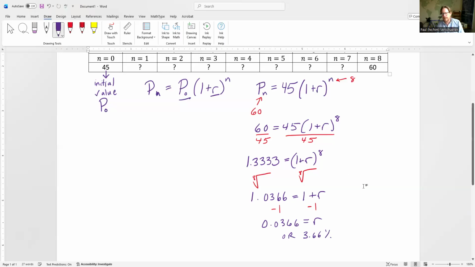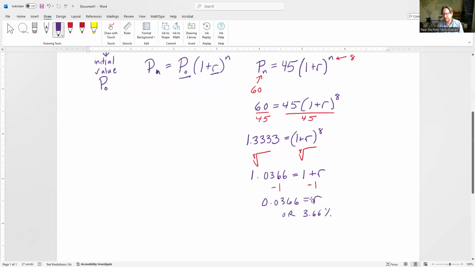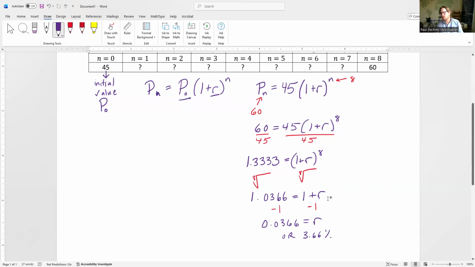We've already talked about decimals to percent, so multiplying by 100 will get you there. So that means per 1 month, this is growing by about 3.66%. But notice that we didn't even really need to do that last step because what we wanted in the equation was that 1 plus R, and we solved that, right? That 1 plus R is equal to